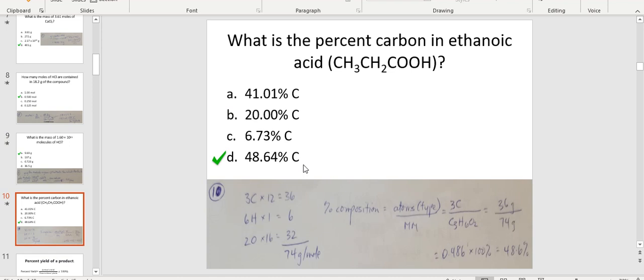What is the percent carbon in ethanoic acid, which is acetic acid, which is vinegar? So what is the percent of carbon in this compound? How do I do percent? First, you have to find the molar mass of the whole thing. So you have 3 carbons times 12, 6 hydrogens times 1, these are your molar masses here, 2 oxygens times 16, so the molar mass,